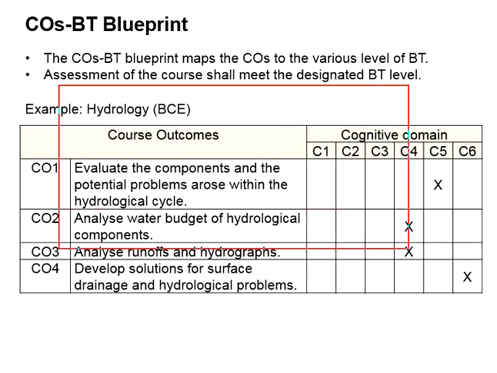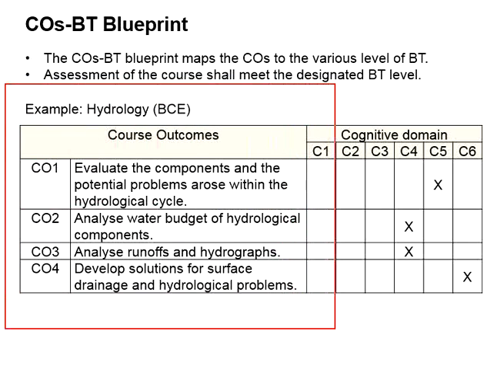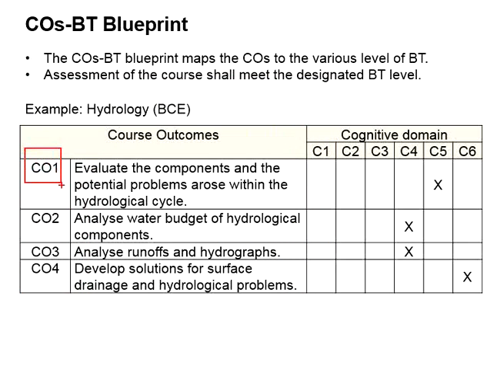Let's say we take this course as an example. The course here is hydrology, which is one of the courses offered in the Bachelor of Civil Engineering program. Given the details and specifications of the course, there will be a list of learning outcomes. Let's say for this case here, we have 4 learning outcomes. You have CO1, CO2, CO3, and CO4. Every single learning outcome will have one statement clearly stating the level of thinking order as well as the focus